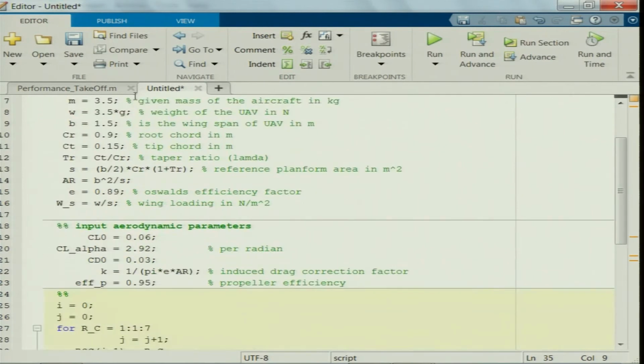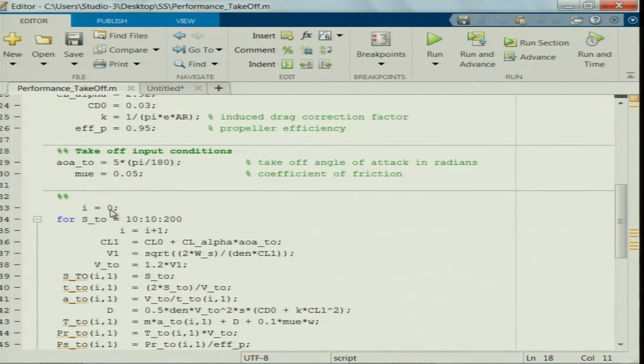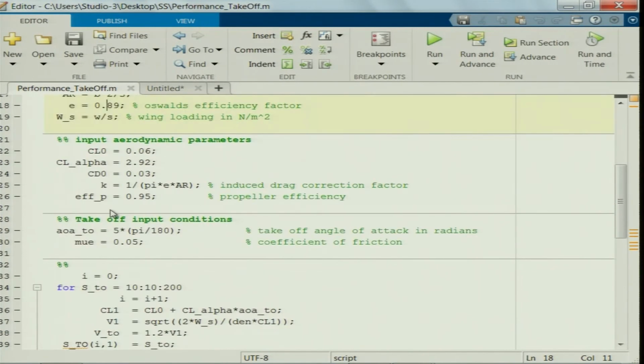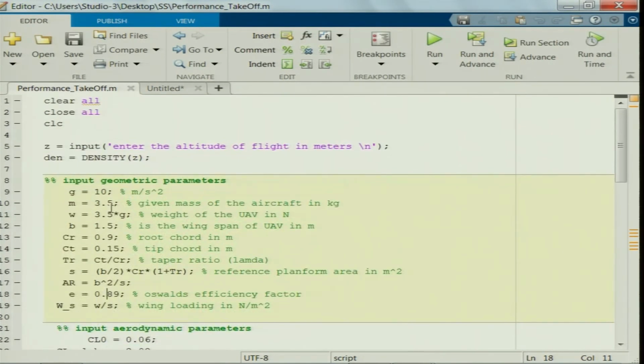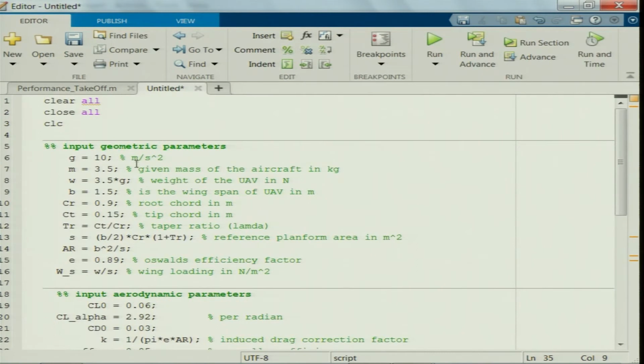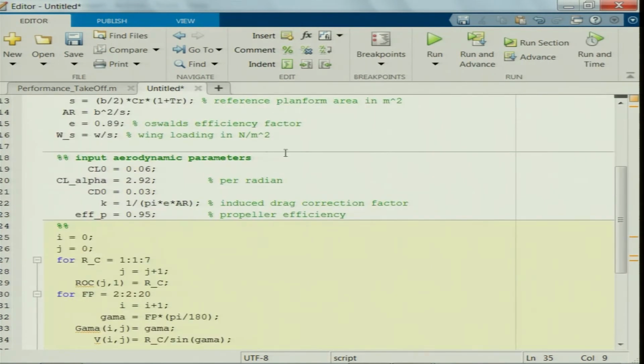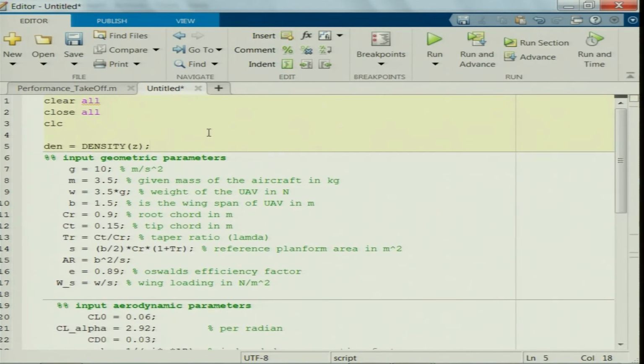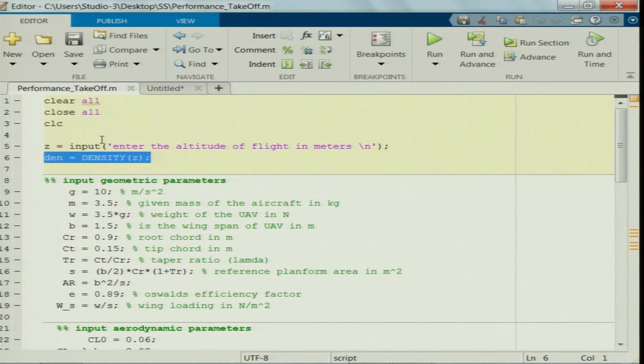So, we have the density function which was used earlier here. Takeoff was not, yeah, input density, we have already used this function. So, we consider the initial altitude of cruise, and we are confining this to the initial altitude, which can be solved in the time domain.